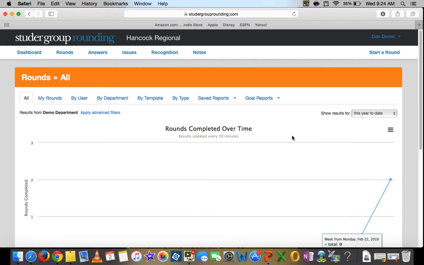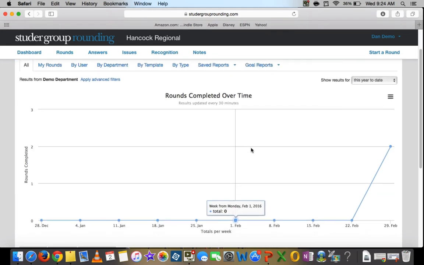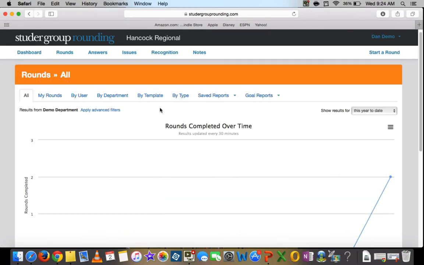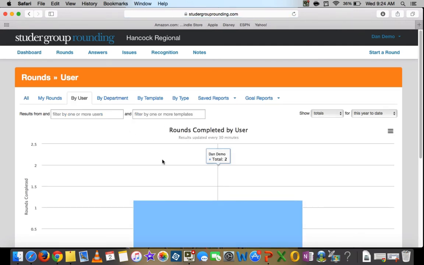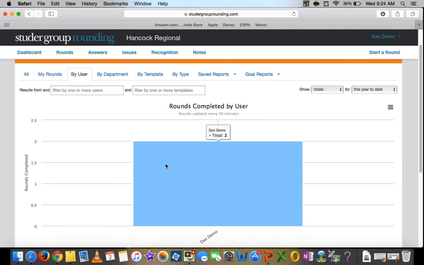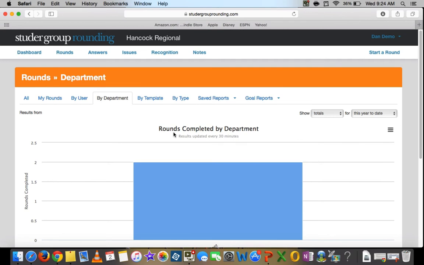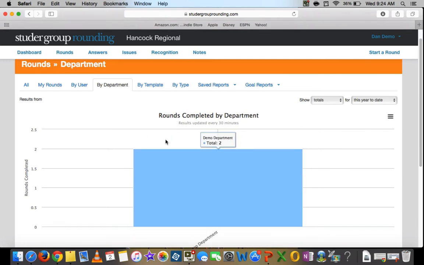And so how we build this goal report, and I just want to note that you can do it for 2 sections. You can build goal reports by user, so that might be helpful for those of you that have other individuals in your department rounding. So then you can just build it by user and look at it by user. For this example, we're just going to build it by department, since Dan Demo is the only person rounding his